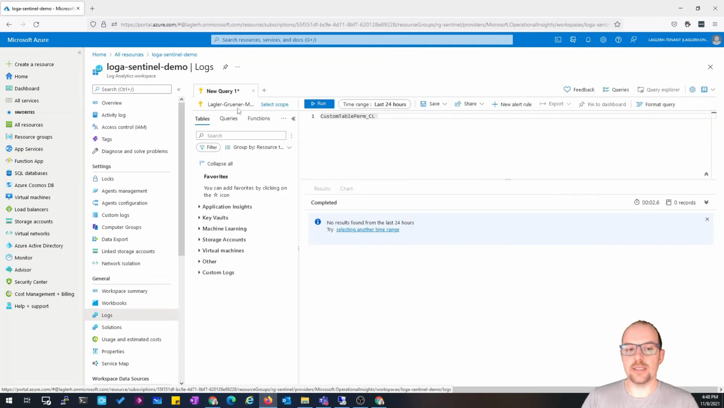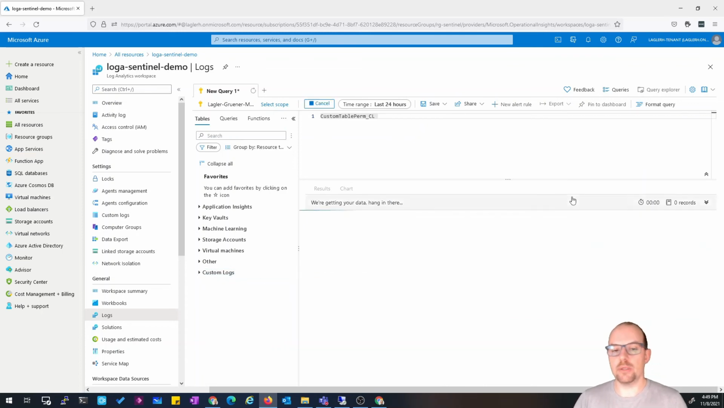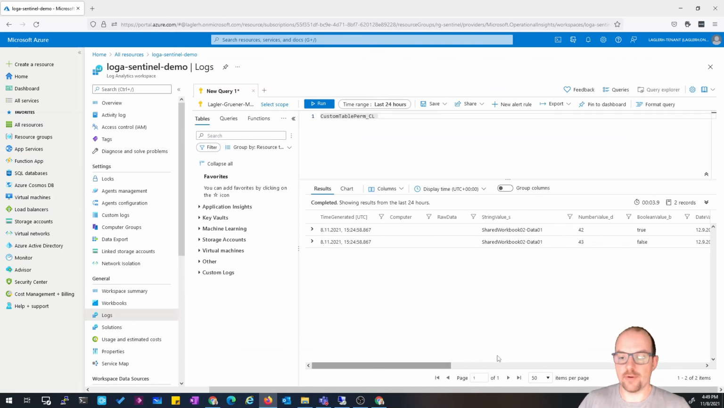And now you can see here the subscription level, and you see much more workspaces, which doesn't mean, okay, you have access to another workspace. You only have access to the Log Analytics Sentinel workspace. But here you can go to the custom logs and you will see here the custom table. And when I execute now the query, you should see only 2 items from 4 items. Yes, perfect. So we only see the 42 and 43, which is the data entry for my